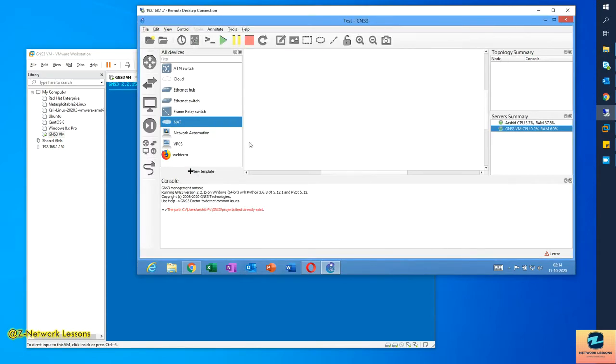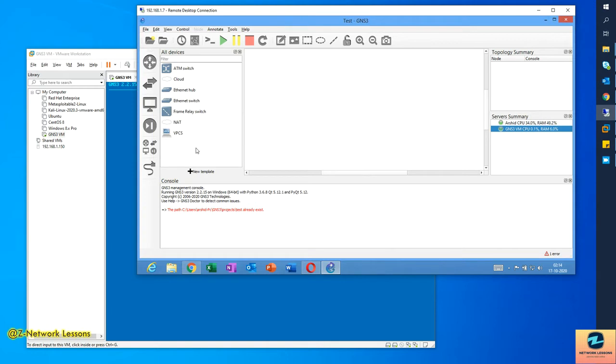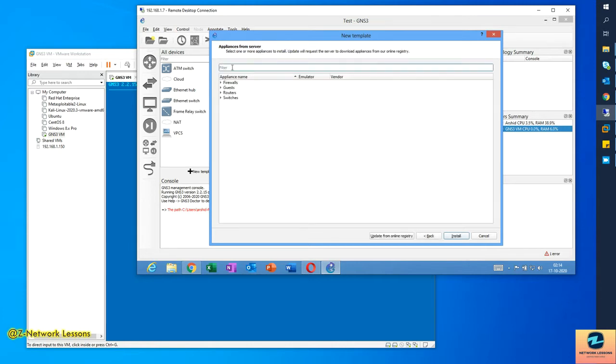I am running this. Because of this, what I was able to do is, okay, let me just delete these two. So these are the dockers. So if you go here, I'll show you how to add. So for this to work, your GNS3 VM should be able to reach the internet, as I demonstrated earlier. So you click next here, and then you go and type here web term. Okay, this one, web term.